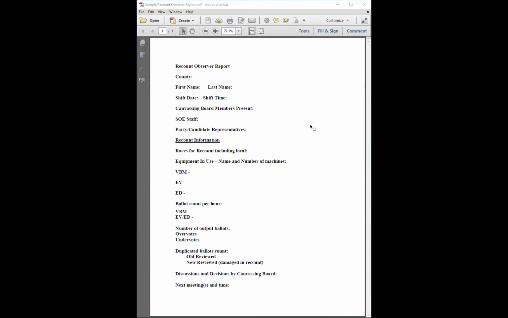We're also looking for the supervisor of elections staff who were responsible for the process. We don't need the whole roster of employees. We're just looking for the folks who are in charge. And these may also be the people that you can direct your questions to as you try and understand the process and relay that information back to us.